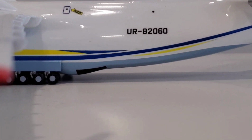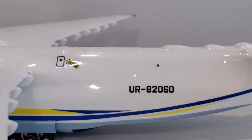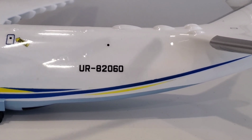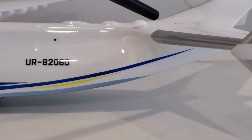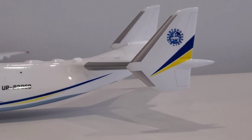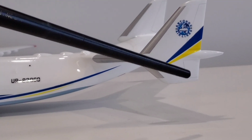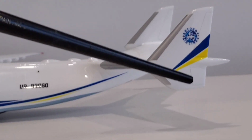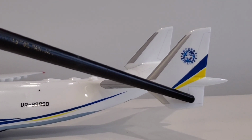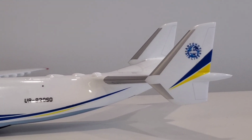You can see a bit of that APU exit down there. A couple more empennages at the back here, and then we come to the Antonov Airlines script, and then the blue and yellow livery parts. As you can see here, the flaps at the back. Okay,